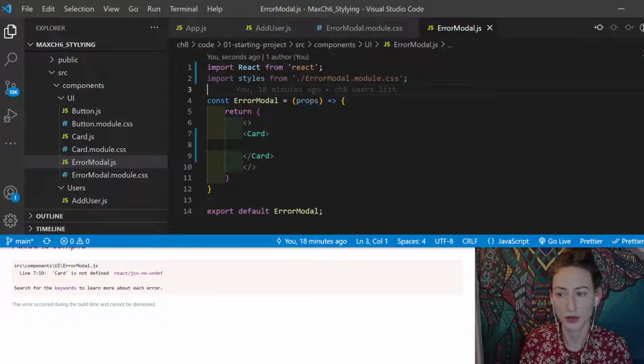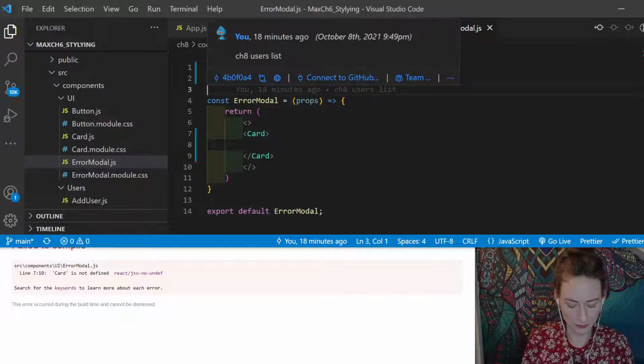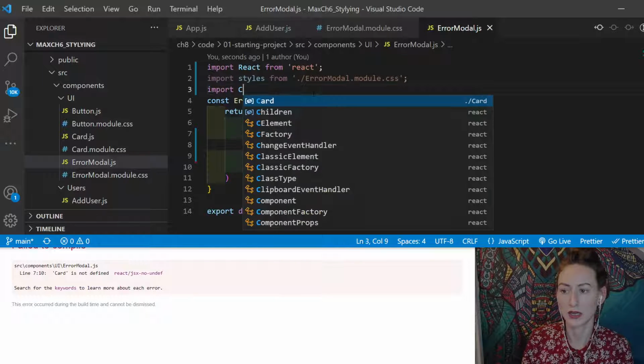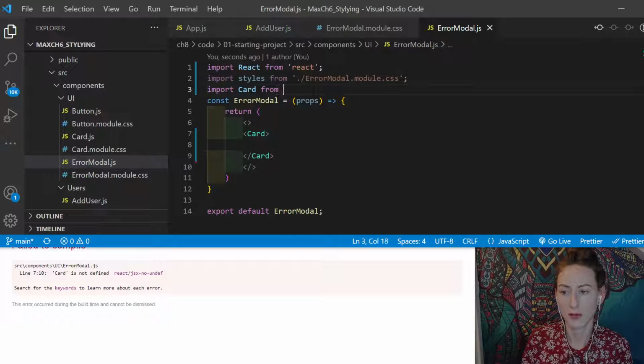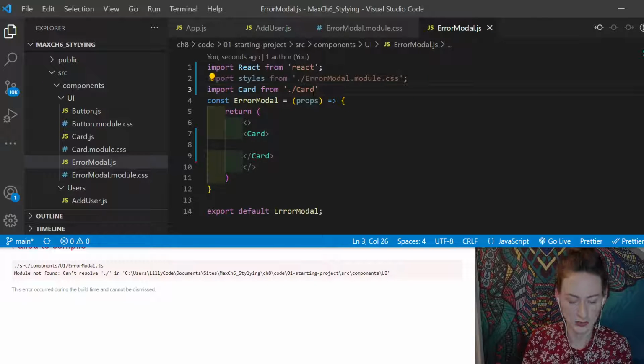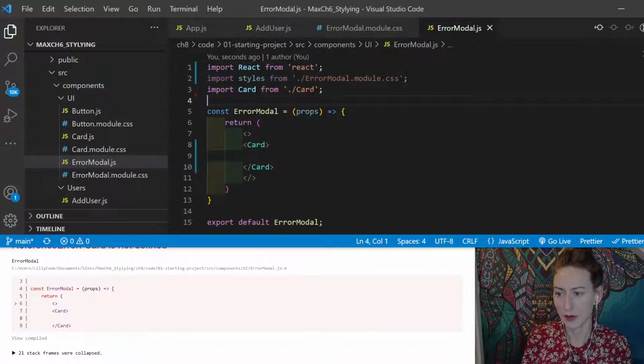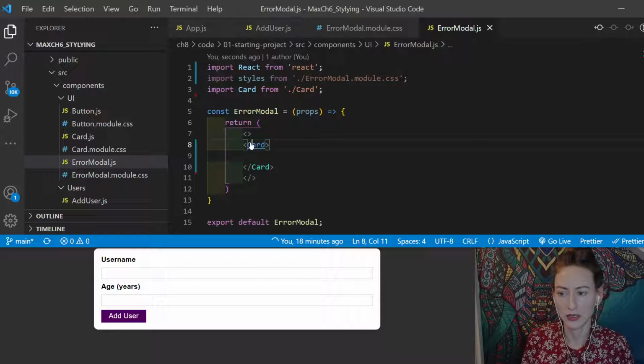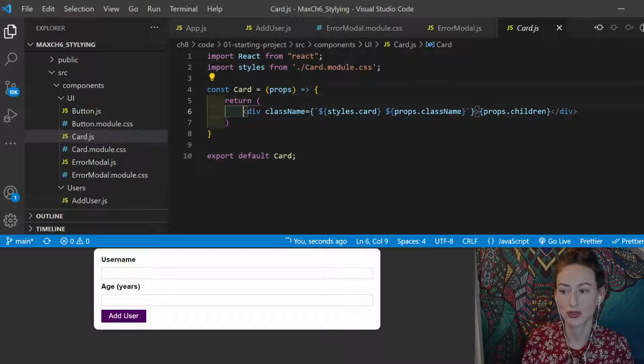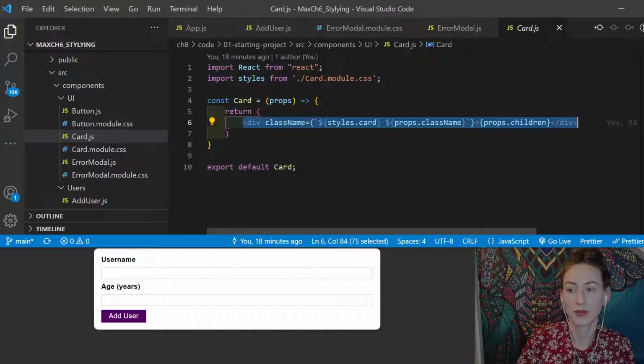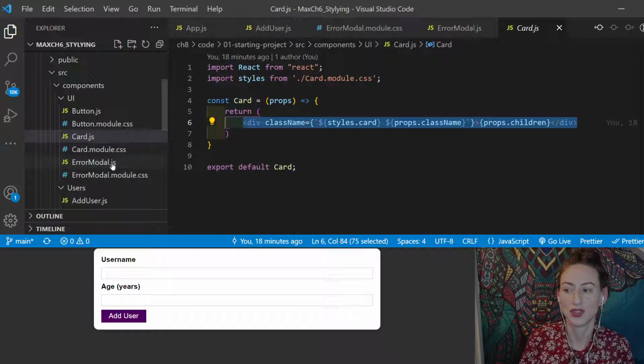so if we import it then we'll be able to have a look. So we do import card from, and it is within this same folder because we're in our UI folder, so we just import card just like that. And now we should be able to click through and you'll see that our card is literally just returning the children, so whatever we've passed into that card, and it's just giving it a bit of styling,